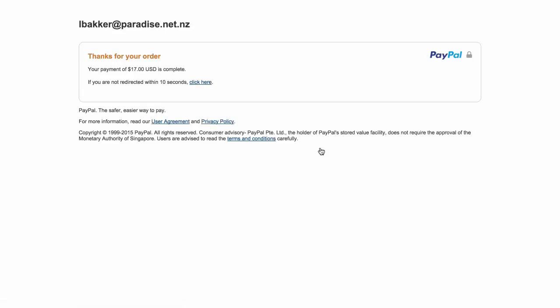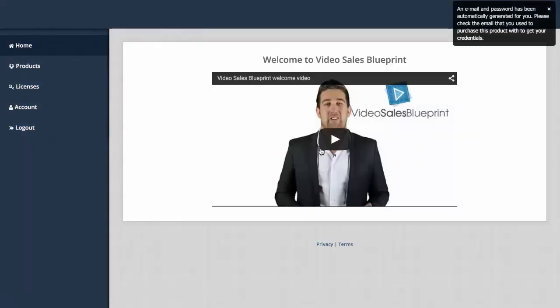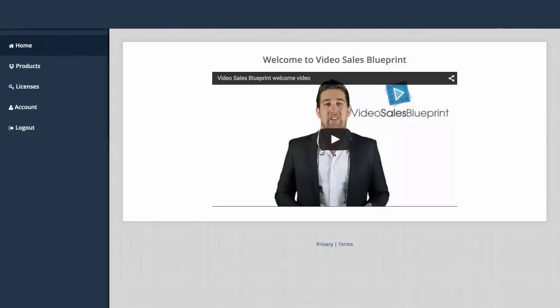Now I'm going to wait to be redirected. And look where I'm redirected to. I'm immediately redirected after purchase into the members area, and as you saw up the top of my screen right here, it said an email has been sent to you with your login information. So immediately I've been logged in after purchase, and I've just received an email with all